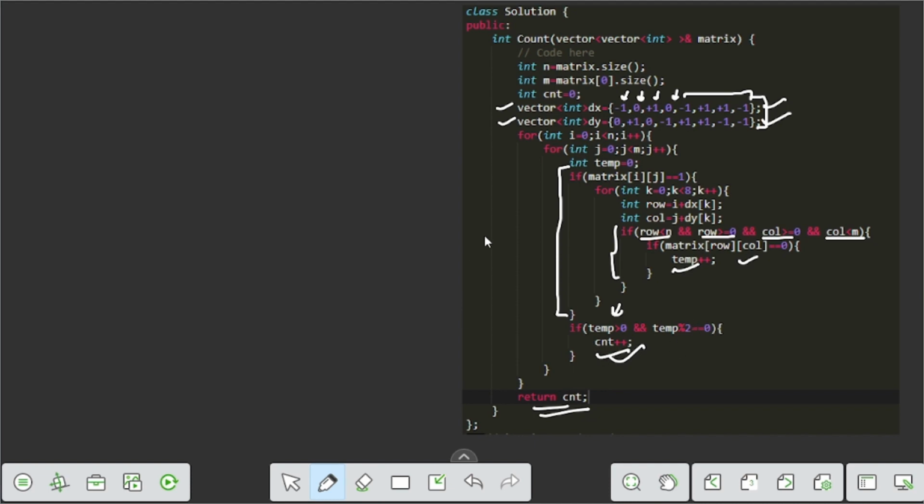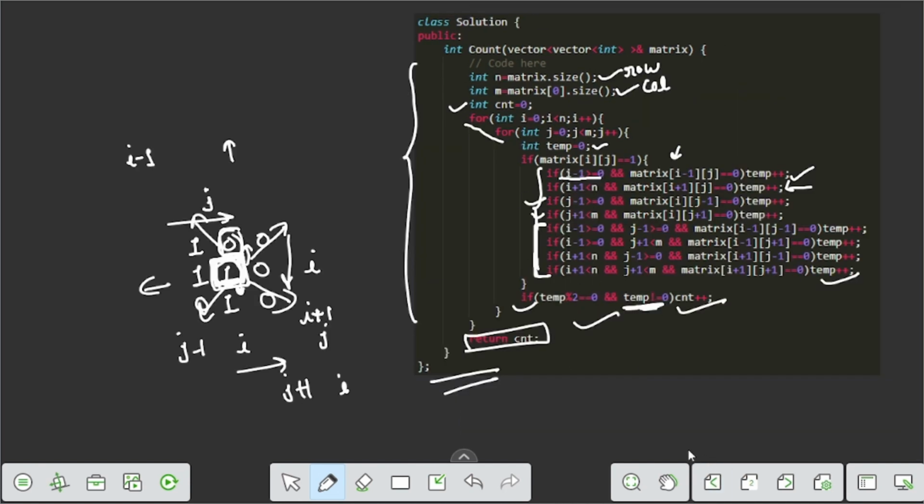So both approaches are the same, but the only difference is the way the code is written: here we use the vector for simplicity, and here we check each and every condition.